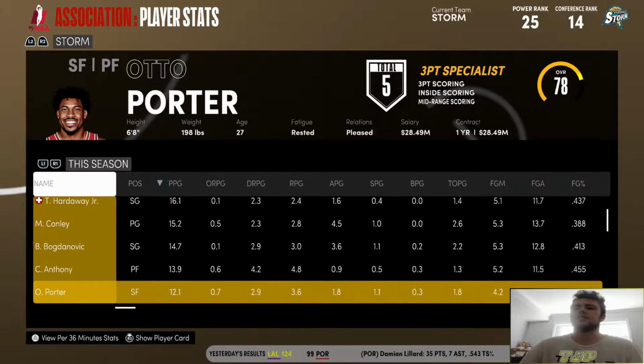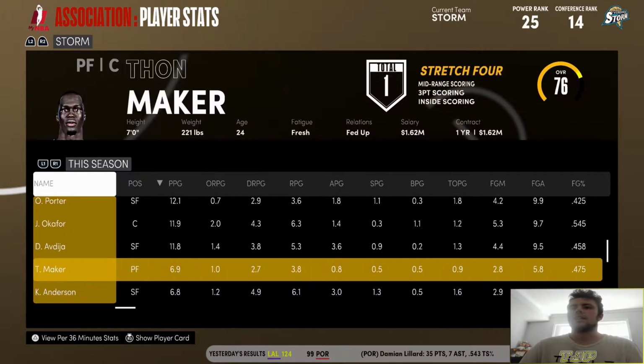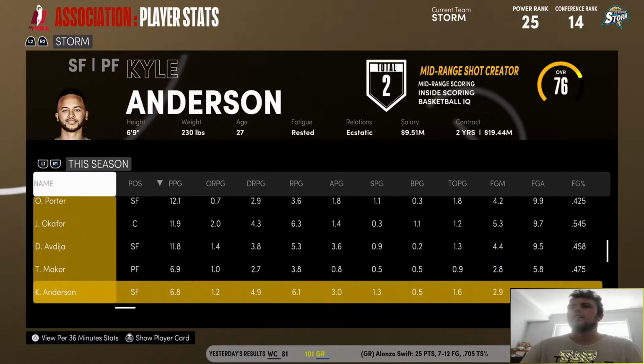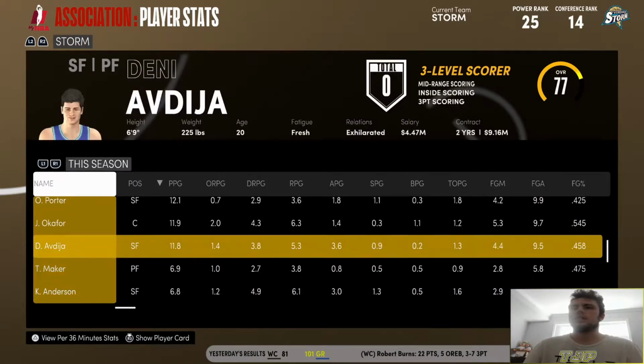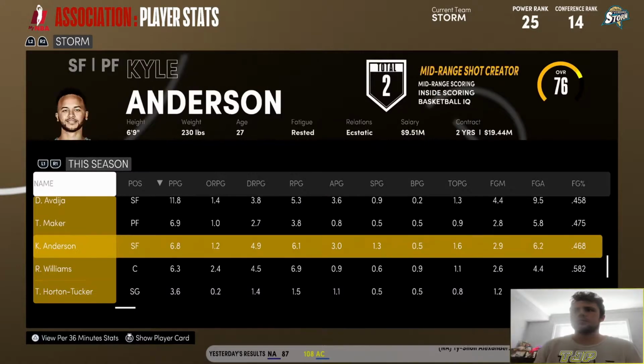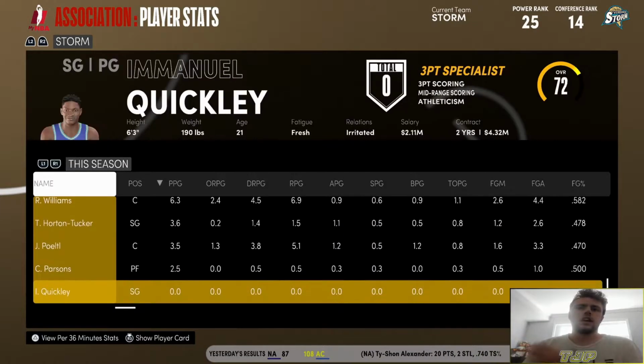But it doesn't seem to make much of a difference. But, you know, when you have 8 guys averaging double figures, I mean, that's pretty good. But overall, though, this is not exactly the most ideal situation. But we are going to make some trades because I do want to get rid of some of these guys